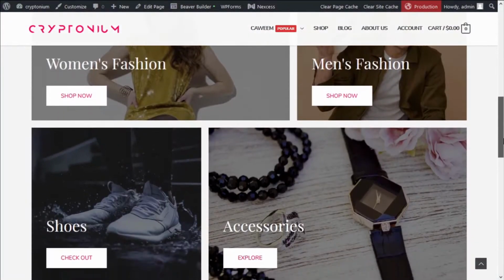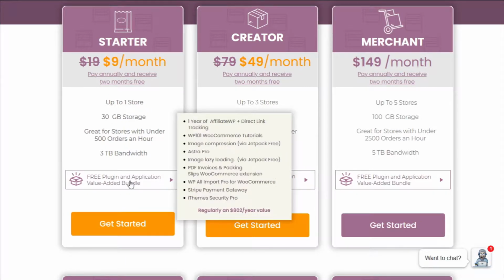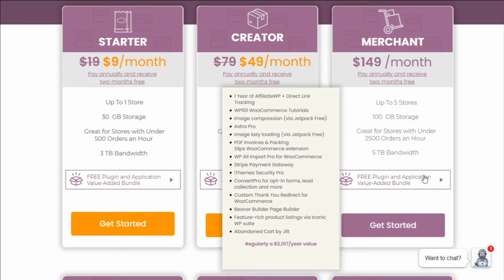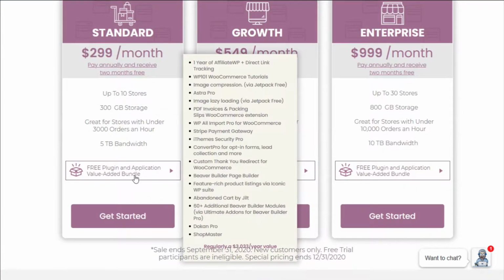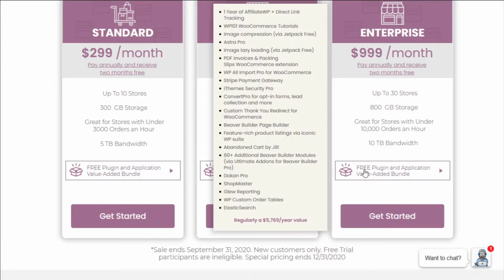In this tutorial, we'll be showing you how to set up a WooCommerce store on a managed web hosting plan designed especially for WooCommerce. We will also explain how these managed hosting plans can help you grow your e-commerce store with the help of highly valuable plugins worth hundreds and thousands of dollars, and how you can get these plugins